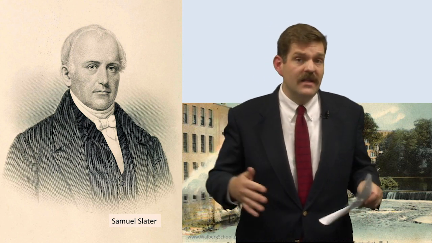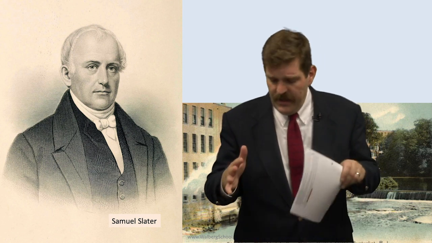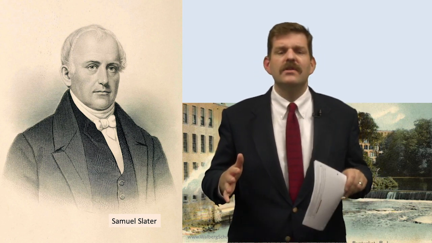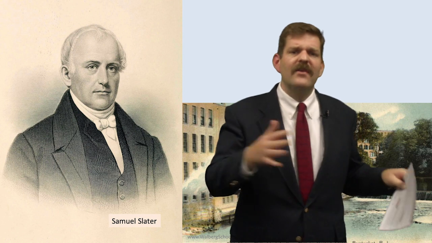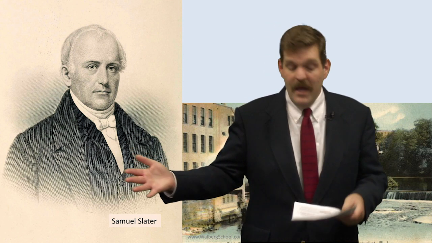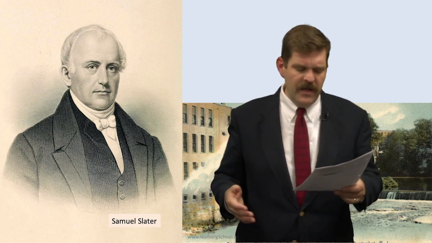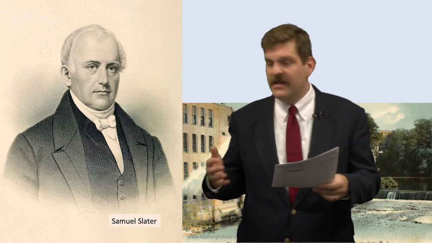When they arrived in the United States, they would be free from some of the old guild system and class protections that were built into the English economy. Arriving in the United States, they could then build a lot of these machines that were operating in Great Britain as well. And here I want to introduce Samuel Slater. Samuel Slater brought to America a design for an advanced cotton spinner.